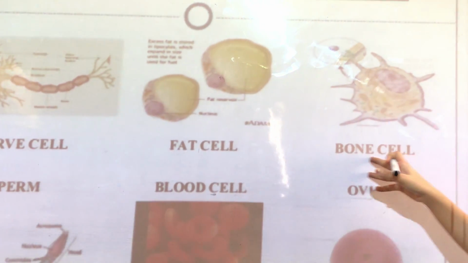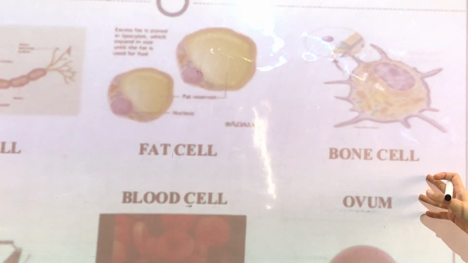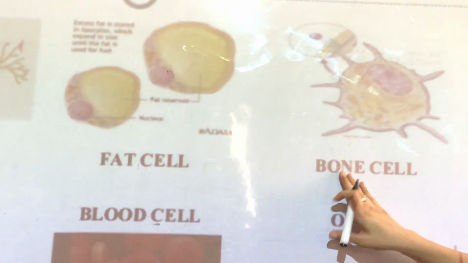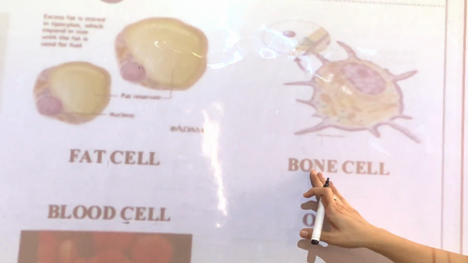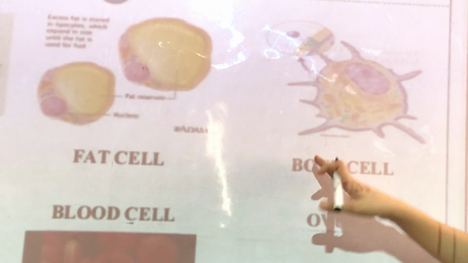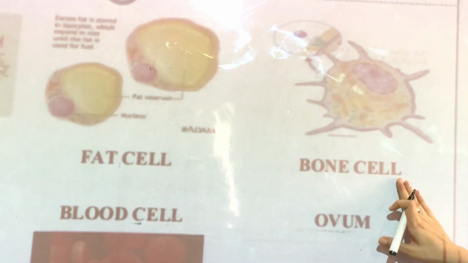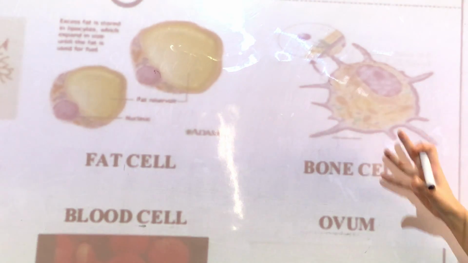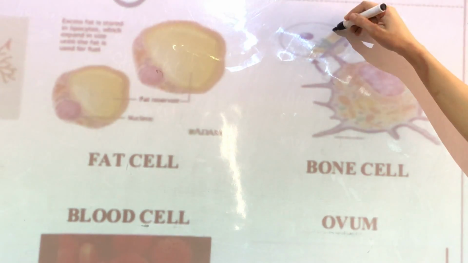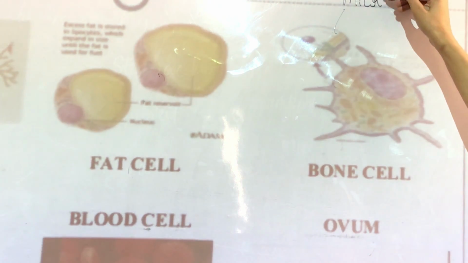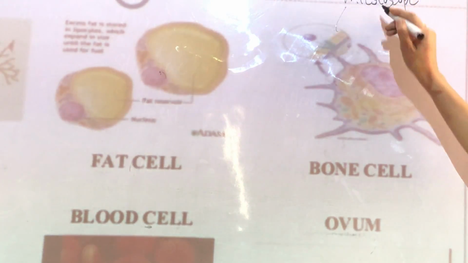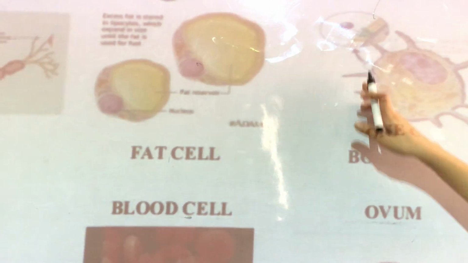Bones. Okay, our human body has a skeleton of bones, right? We cannot survive, we cannot stand or run without bones. So what do you think those bones are made up of? Those bones are also made up of cells which look like this. Now how do you come to know that a bone cell looks like this? Yes, with the help of a microscope. Okay, we can see the cell by using a microscope. Alright. These are the bone cells.